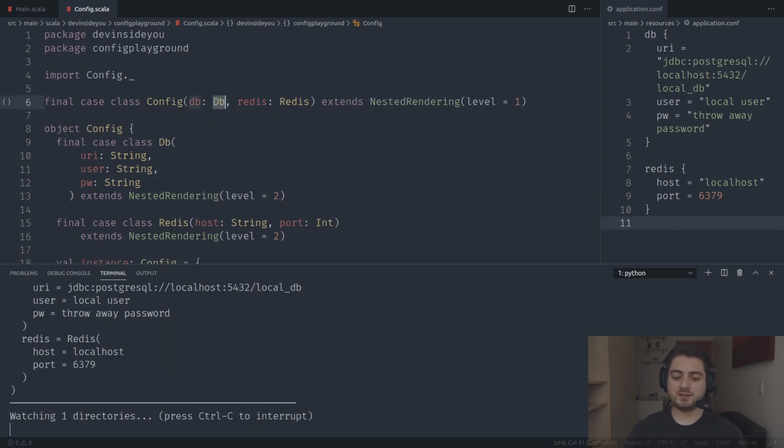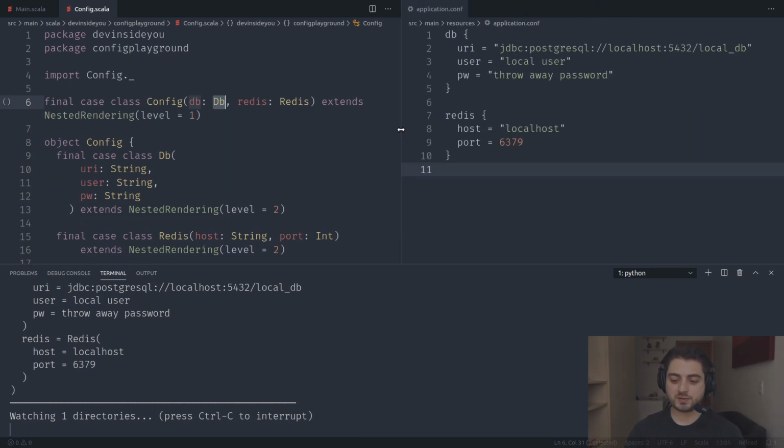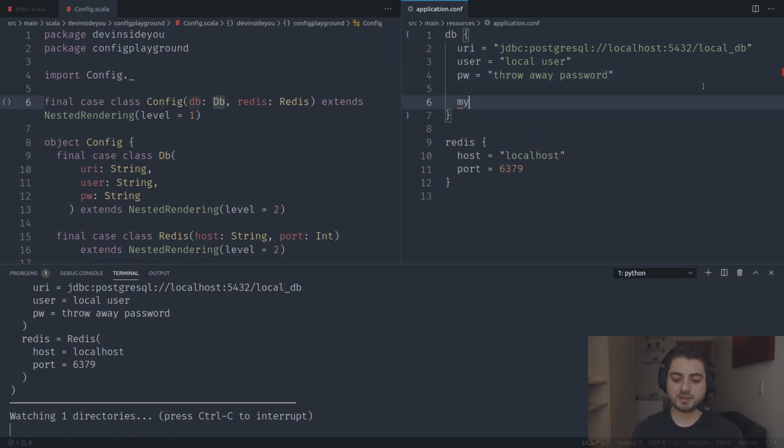Now, I don't want to make this video a Pureconfig tutorial, but I want to show you a couple of important things. So for example, over here, usually by default, you would use dashes in your keys if they get too long. So for example, you would do something like my-user, and actually let me show you some substitution. Okay, so if you have a substitution, you can't just do uri. You need to be very specific, and you need to say db.uri. Okay, but in this case, we're doing user. Okay, so db user, and